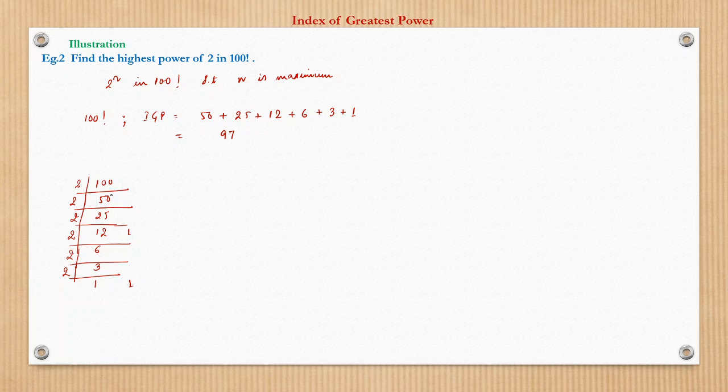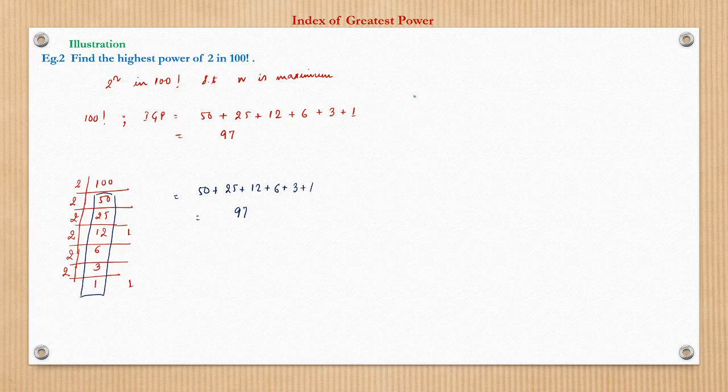So on the quotients here, if we add, this is nothing but same as what I have written here, 50 plus 25 plus 12 plus 6 plus 3 plus 1. So rather than doing this, if the numbers are small enough and the divisibility is easier, we can do it mentally also. So if we add here, I get 50 plus 25 plus 12 plus 6 plus 3 plus 1, which is nothing but 97.